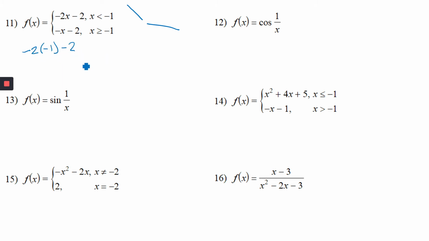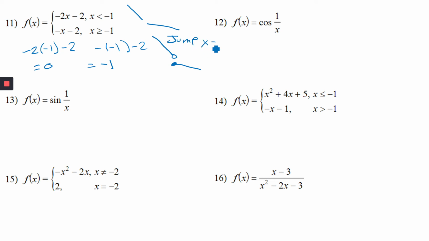So if we put -1 on the left side, we're going to have 0. And if we stick -1 into this function, we're going to end up with -1. So really what happens is it comes down with a slope of -2. It's got an open circle here, and then starts up at -1 and flattens out a little bit. So there is a discontinuity, a jump discontinuity,